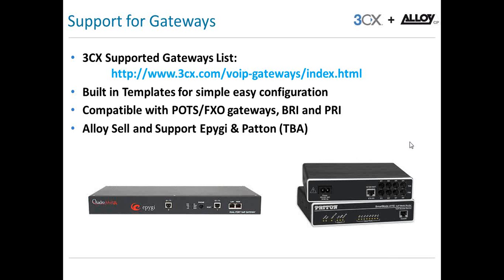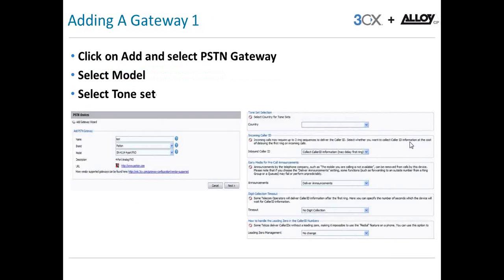So, as I say again, out of the box, gateways are totally optional. If you're happy just using a voice over IP service provider, an ITSP or a carrier with trunk services, etc., if you're happy with that sort of deployment, we don't need to worry about the gateways at all. If we're trying to add POTS and FXO, BRI, PRI gateways, then we go through the next step of installing